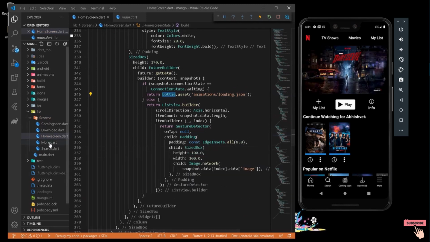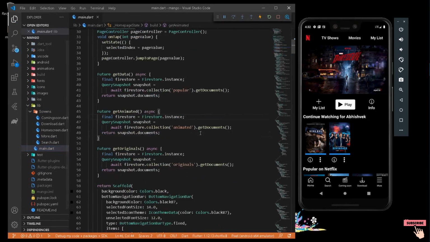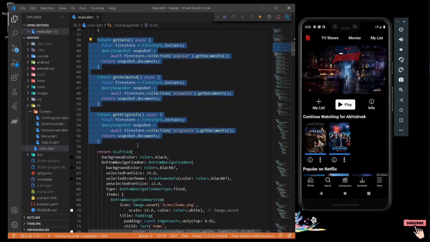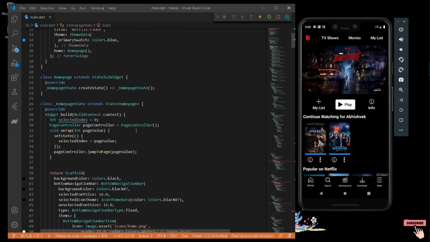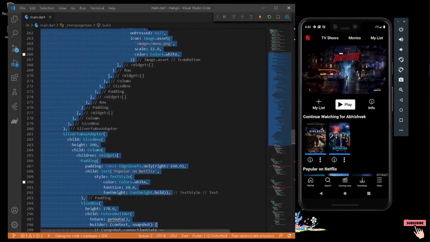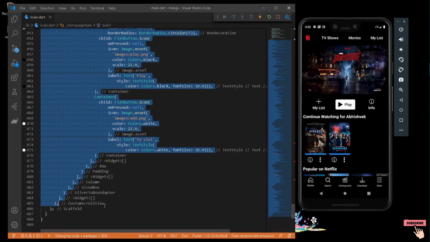So let's do a similar thing. I will fast forward this video as well. Okay, so we have all of our screens ready. So we can do one thing, that is remove the unnecessary code from our main.dart file. And now here we can also remove the following things, that is the body. So I will simply remove the custom scroll view from here. Okay, so where the custom scroll view, here it is.